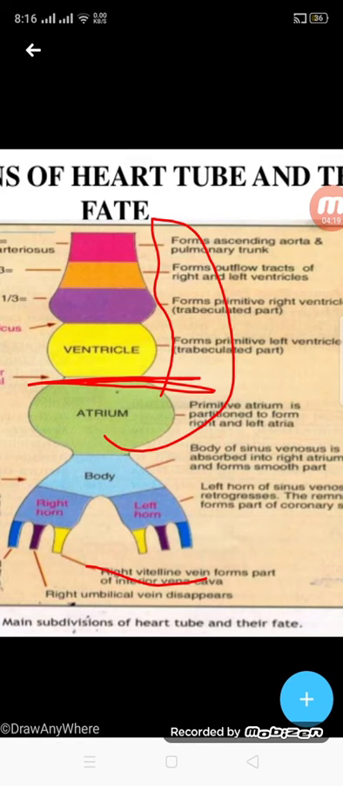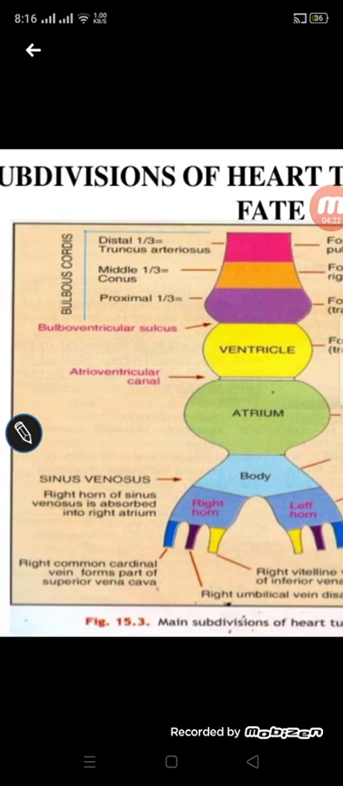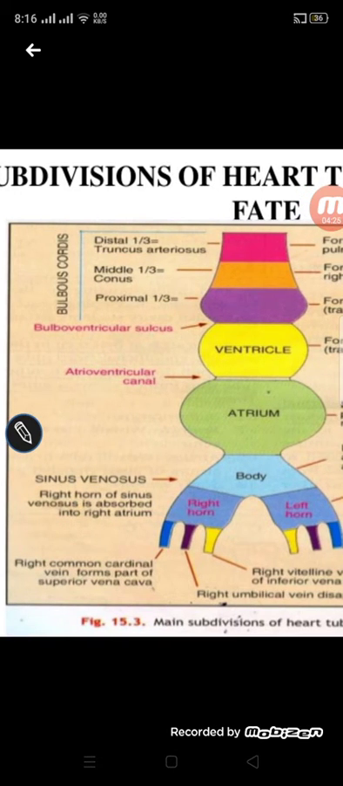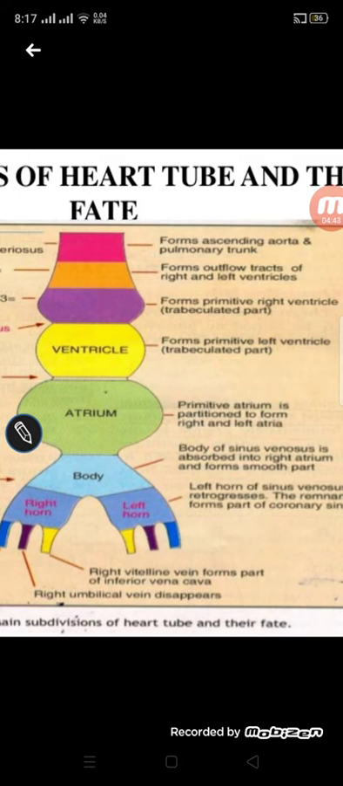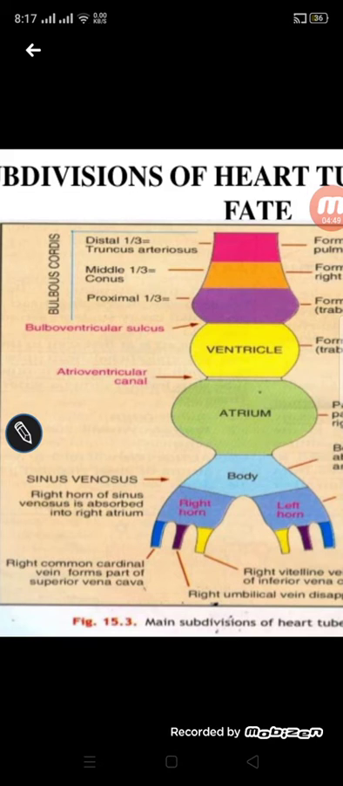Now what happens with the sinus venosus? The sinus venosus has one body and it has two horns, as you can see, a right horn and a left horn. The right horn of the sinus venosus is absorbed into the right atrium. Now you should know that this sinus venosus will contribute with the atrium and form its parts. So in the right atrium, the sinus venosus will be absorbed into the right atrium,